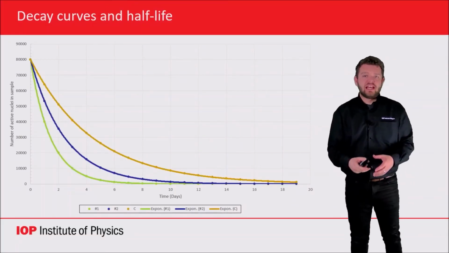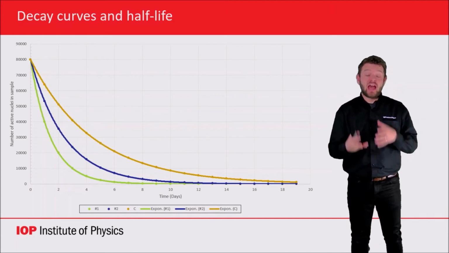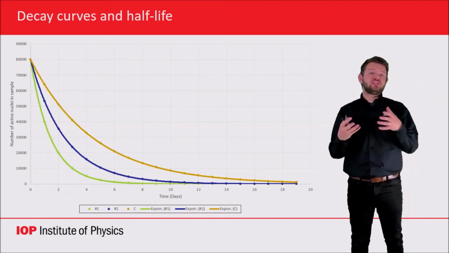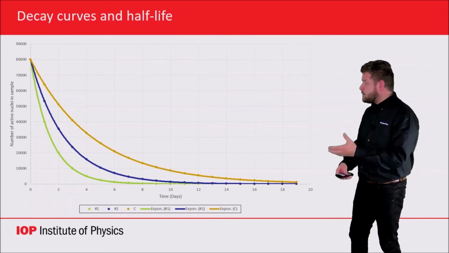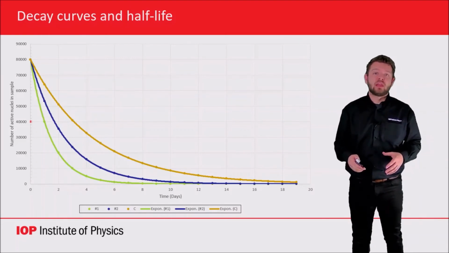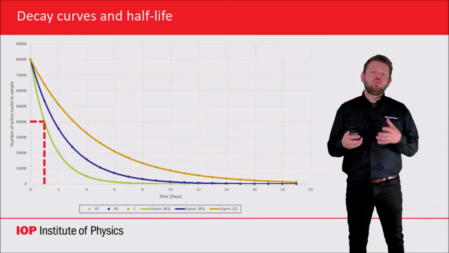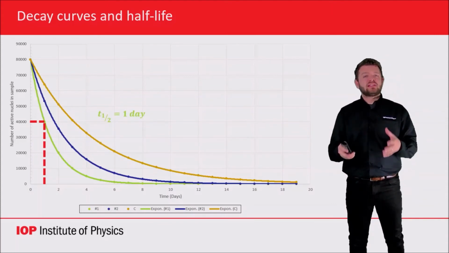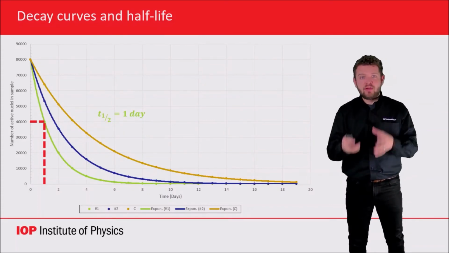Once we have modelled decay with our students, we can then move on to comparing different isotopes that have different half-lives and considering what they may be used for in the real world. Here we have 3 decay curves plotted on the same axis in order to compare them. Decay 1 has a half-life which can be read from the graph of 1 day. It also has the steepest drop-off, meaning that in the shortest amount of time it will have very low numbers